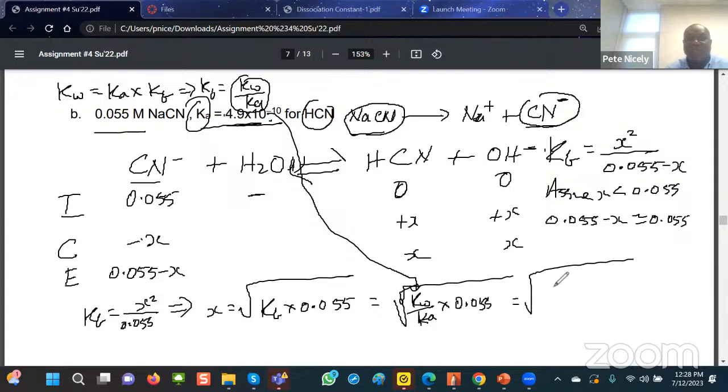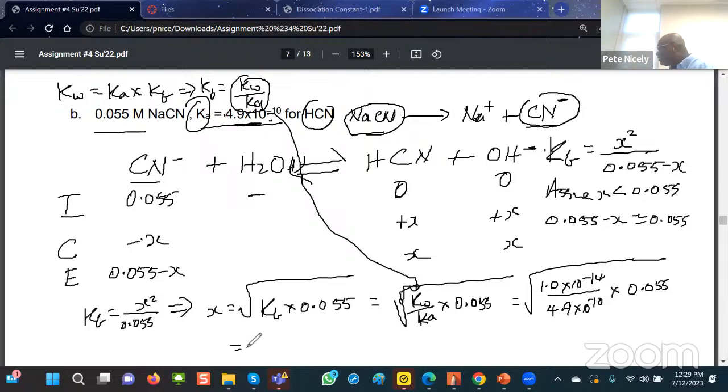So that would be the square root of 1.0 times 10 to the minus 14 divided by 4.9 times 10 to the minus 10 times 0.055. So that's what we're trying to find. We're trying to find the X, which is equal to all that there. And according to my calculations, this works out to be equal to 1.0 times 10 to the minus 3